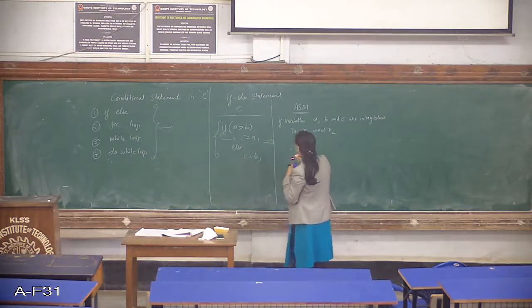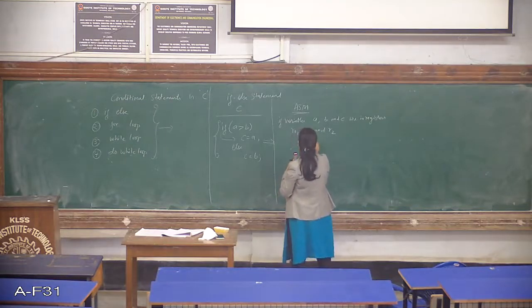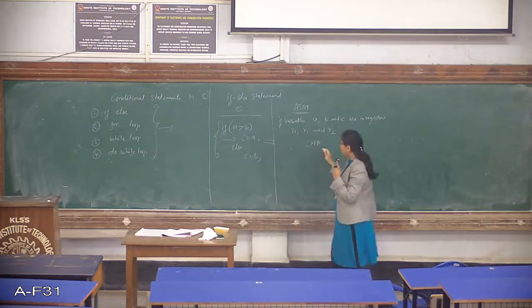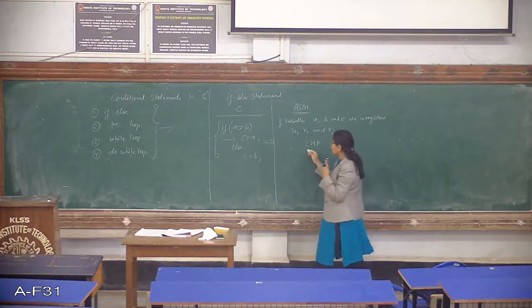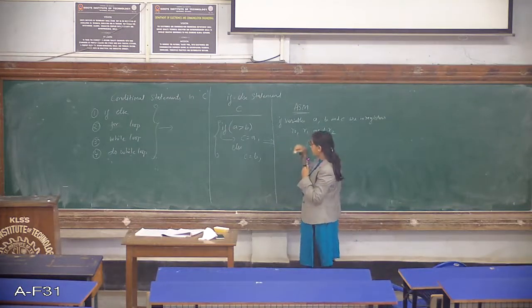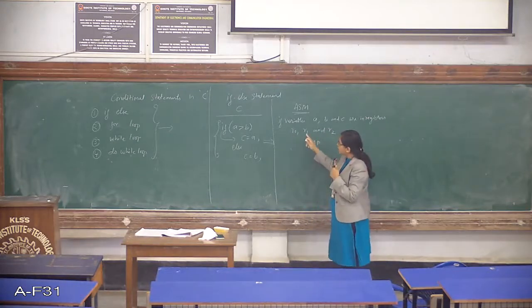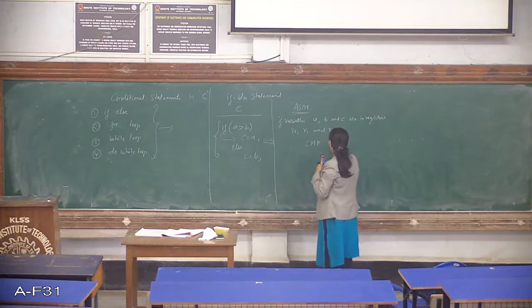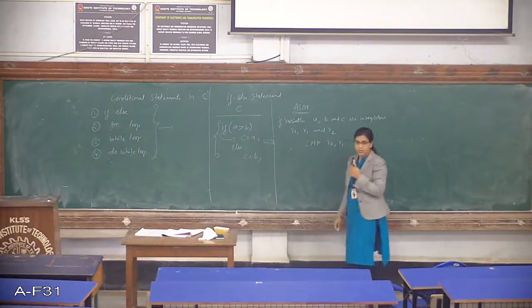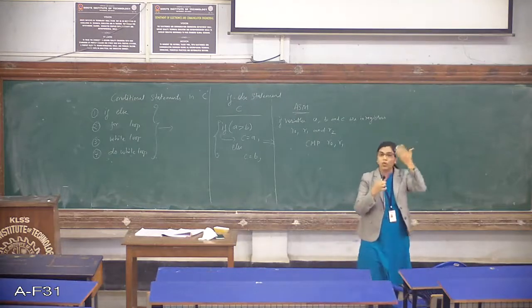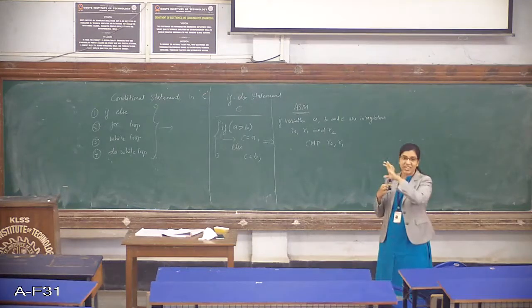So the first statement you'll be writing in assembly code is a compare instruction. Since it is a comparison, you'll be having a compare instruction. In this case, you're going to compare A with B. So A is nothing but our register R0, and B is nothing but our register R1. So I'll be comparing R0 with R1. So this is the first statement. No need to write the whole assembly code format that we have started with, with area and all those things.